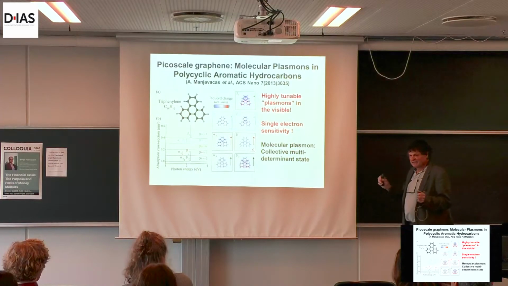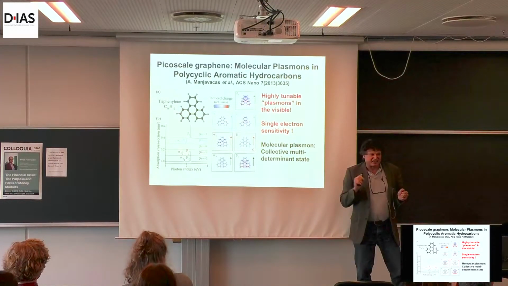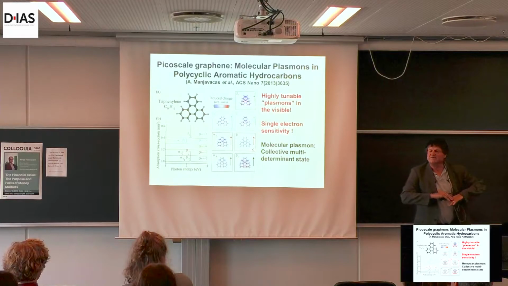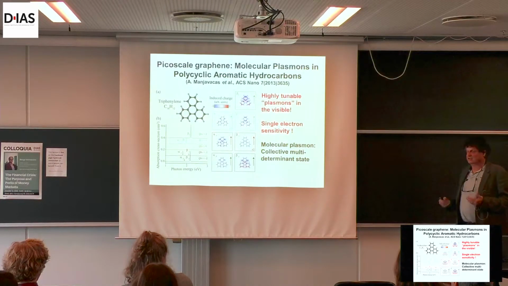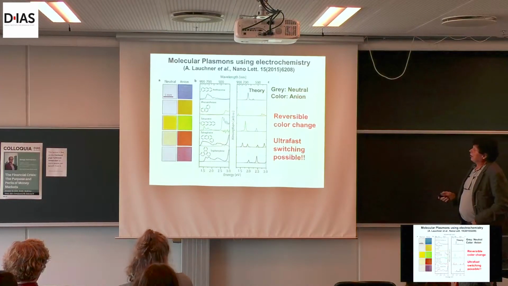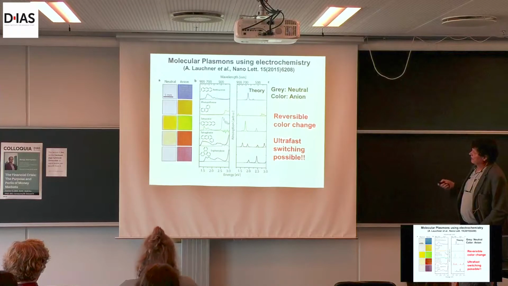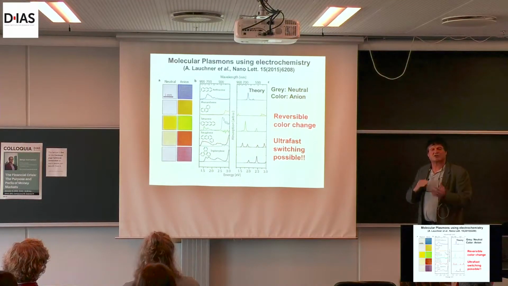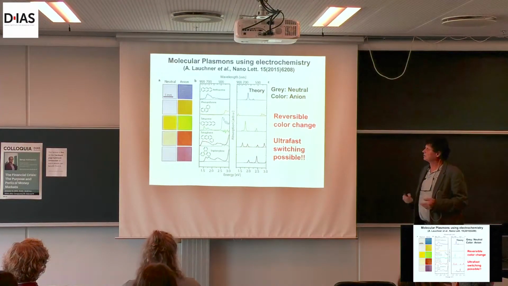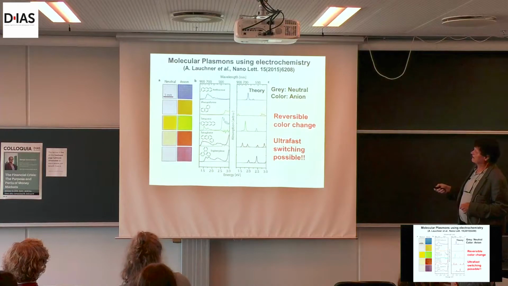So here we have a system where adding an electron or removing an electron, we immediately go to a plasmonic system. We have the possibility here to use this as ultra-fast switches. Okay, so here is an experiment also done from Naomi's group, from Rice, where they experimentally verify this sort of color change, this onset of plasmonic behavior when you add or remove electrons, in this case adding electrons.